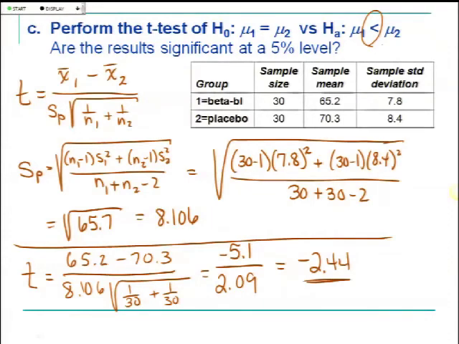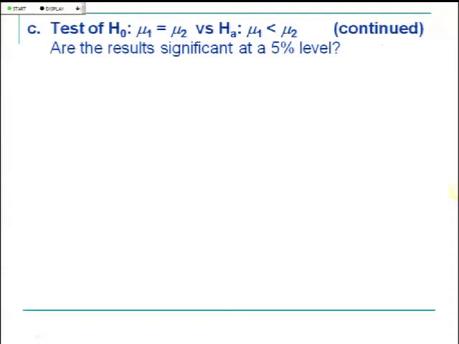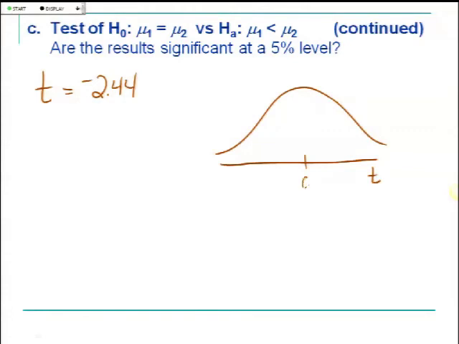So let's work out the p-value for our test so we can make that formal decision at a 5% level. Our t-statistic is negative 2.44. I need a p-value, so I need the distribution or the model for my test statistic under H naught being true, because the p-value is always calculated as a probability under H naught. But every t-statistic has a t-distribution of some sort. And this t-distribution will have how many degrees of freedom here? 30 plus 30, 60, minus 2, 58 degrees of freedom,